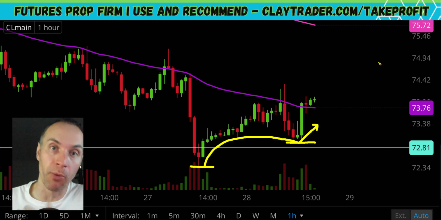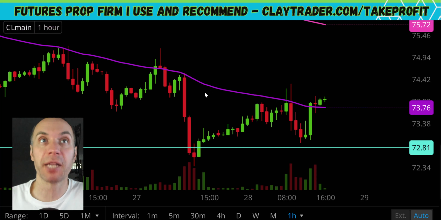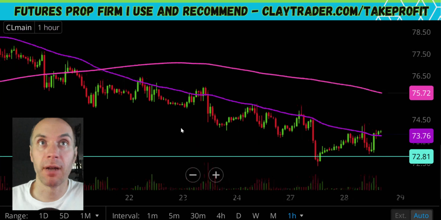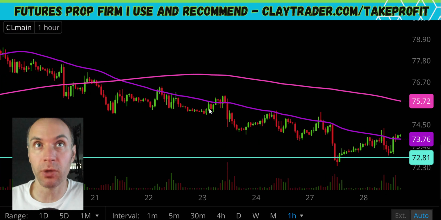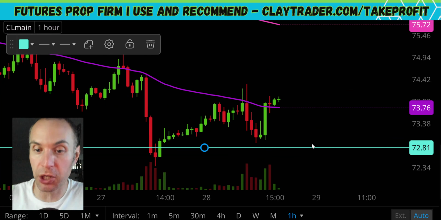Now, yes, there's still more work that needs to be done, but it's been quite a while since the price has been able to put in higher lows. I mean, you can just see here, lower low, lower low, lower low. Again, still more work to be done, but that's a step in the right direction,